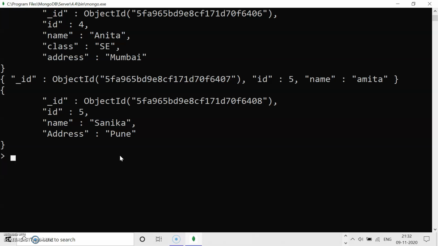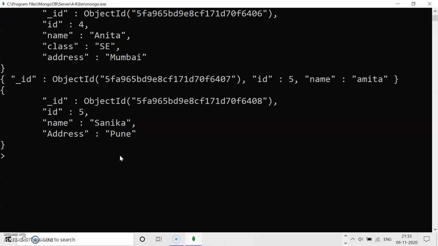An embedded document is just like a composite attribute of a MySQL database. We have name and address, which are composite attributes, and if we divide a composite attribute into multiple attributes, those attributes are called component attributes, like first name, middle name, last name. For address we have street, city, zip code, etc. So how to insert and take those fields in MongoDB, that part I will show you.